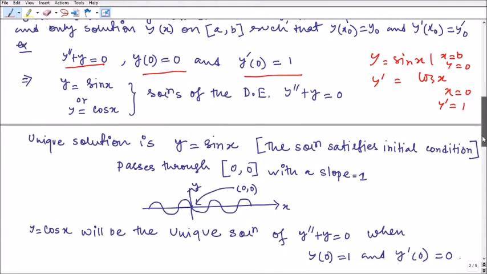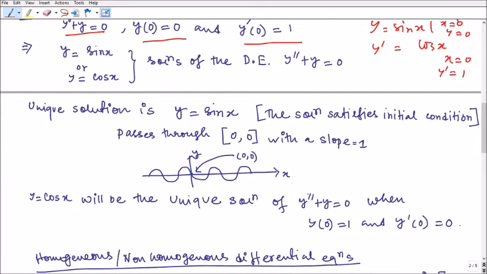Now let us discuss another example, that is y double dash plus y equal to 0 when y of 0 equal to 1 and y dash of 0 equal to 0. For this initial value problem, you see that y equal to cos of x will be the unique solution. For this differential equation, y double dash plus y equal to 0, y equal to sin of x is also possible, and y equal to cos x is also possible. But with these initial conditions, y equal to cos x will be the unique solution,